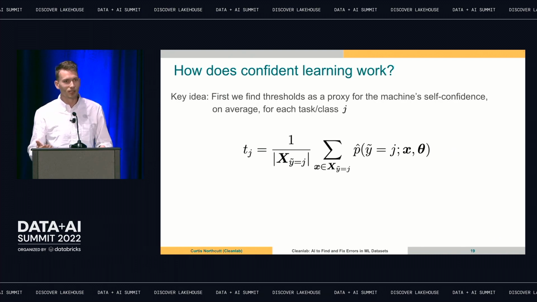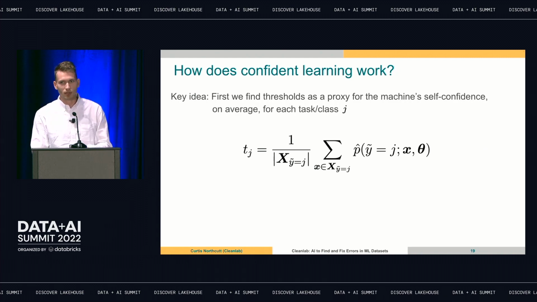This indicates why you should probably do things out of sample. If you do them in sample, this will probably just be 1, because it's already seen the data. So even if you have noise, you won't really get any information. But if it's out of sample, and it's seen a lot of things that are dog, but they tend to be labeled other things, this number will be lower. If this number ends up being 1, it means your model is completely confident in all the labels for that class. If it's like 0.5, then about 50% of the labels for that class are pretty messed up. That's a way to interpret this.